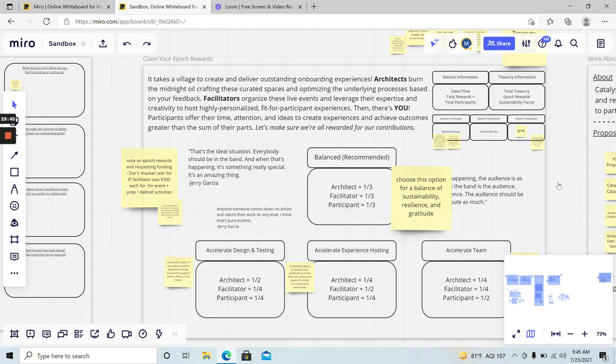Facilitator, one very concrete example, we've shared that we want to train facilitators to be able to deliver this on an ongoing basis. If I am training a facilitator, I have an apprentice with me, then that 1/3 would be split between two people. That's the balance, the recommended split. This is the one that's going to have the right mix of sustainability, resilience, and gratitude for the folks that are making this happen. But we also want to leave the flexibility and autonomy for participants to make